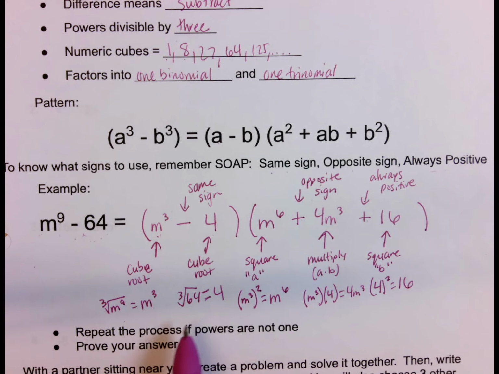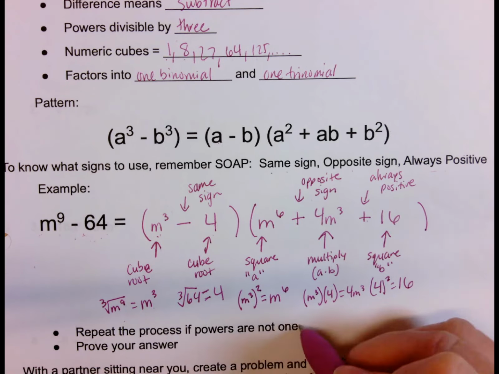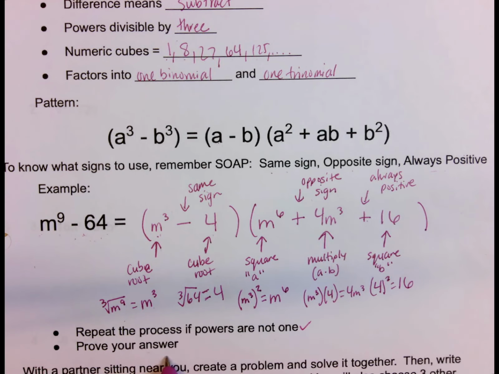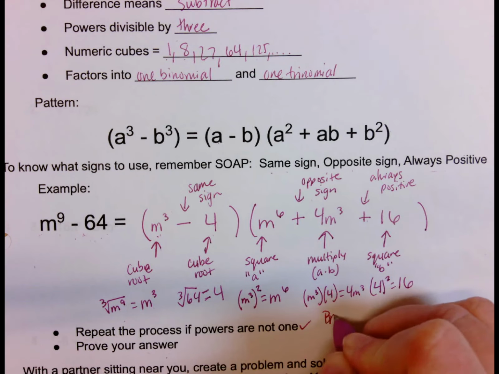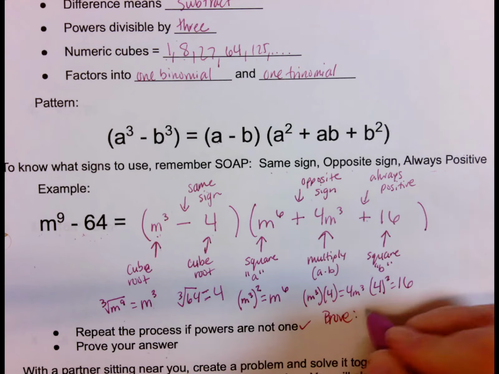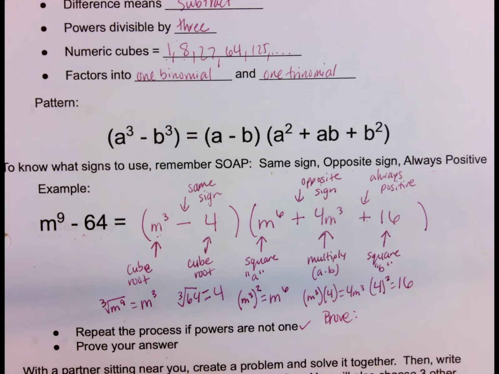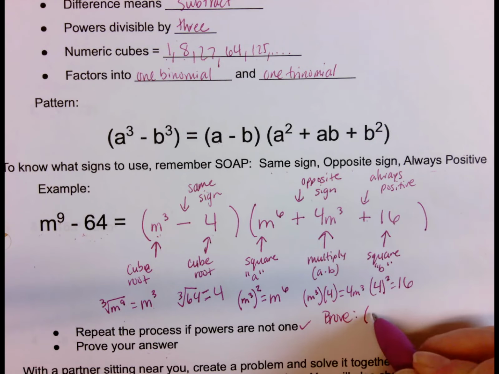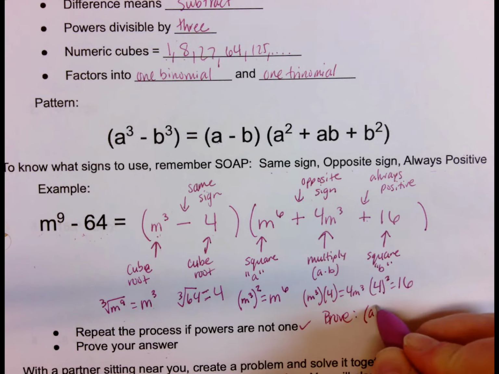We can't go any further. Okay, so this one is done. We've done that part. Now we need to prove our answer. And remember, to prove it, we just take and multiply these factors back out. So that means we take m